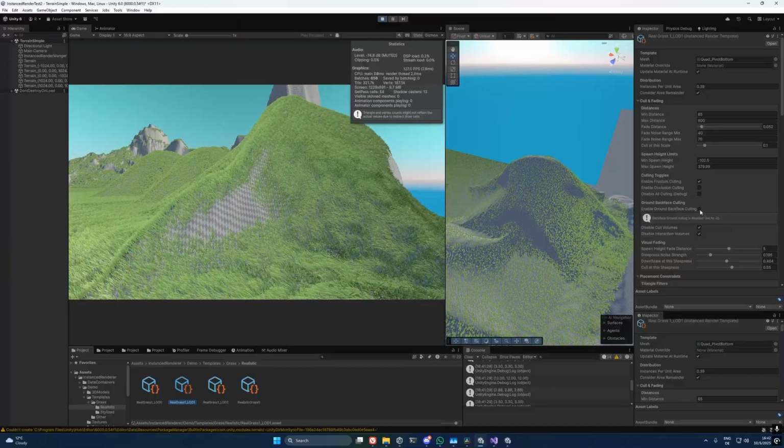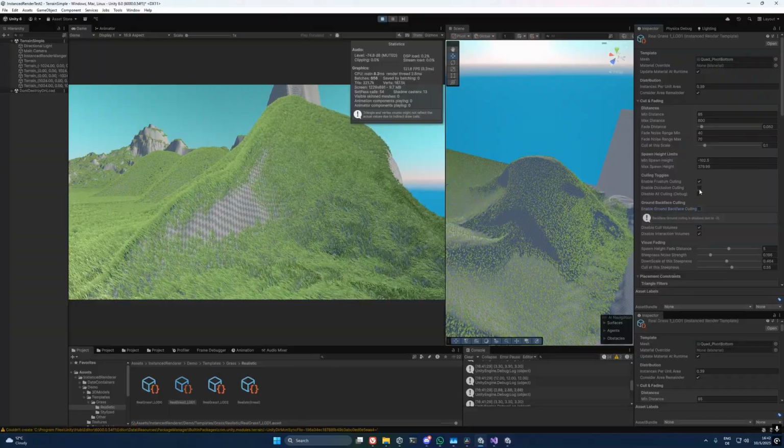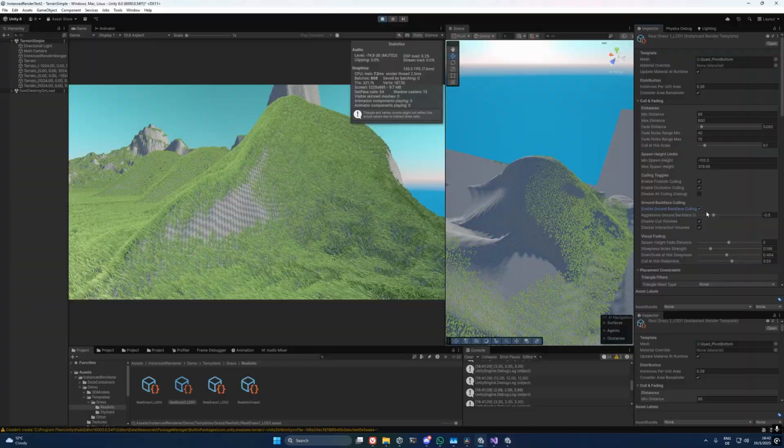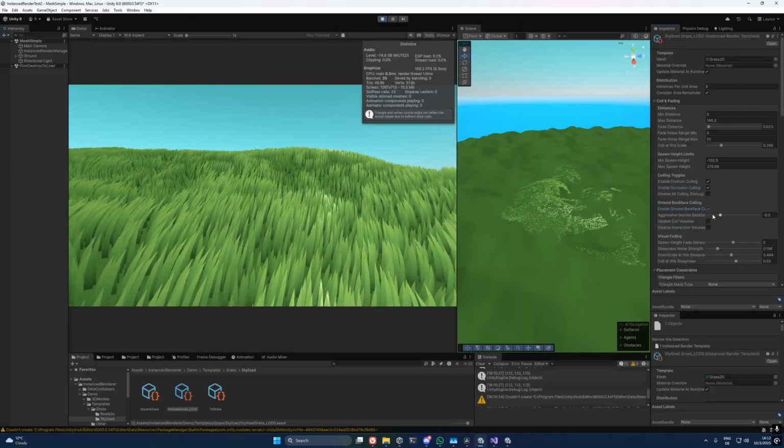So if the ground's surface is pointing away from the camera, we can be pretty certain that the small objects on top of that surface are actually not visible and are very likely to be occluded, and so we can cull them. This actually gives additional benefit to the occlusion culling because the occlusion culling needs to be conservative and